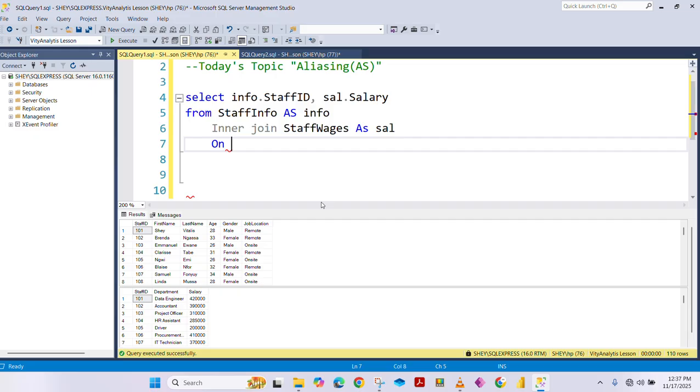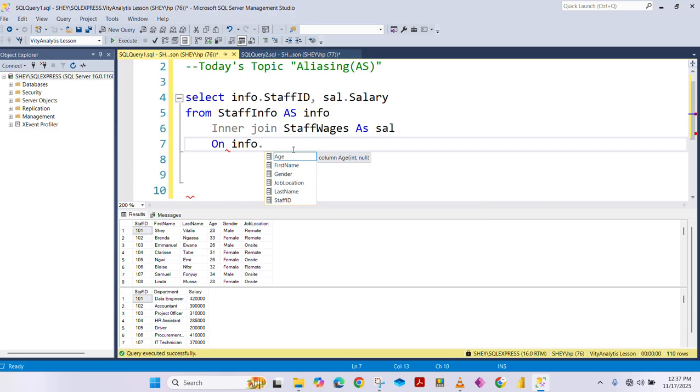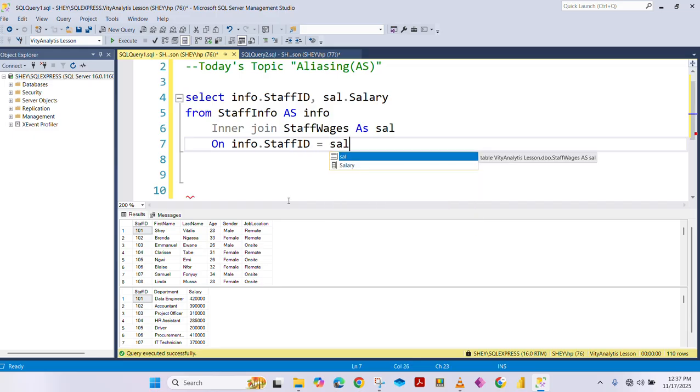Now remember, if we saw how to use join, let me just continue first. Info, ID. So if we execute this one, we are going to see